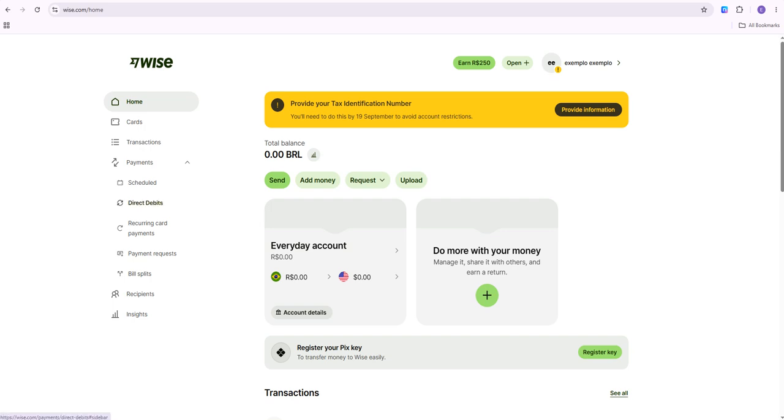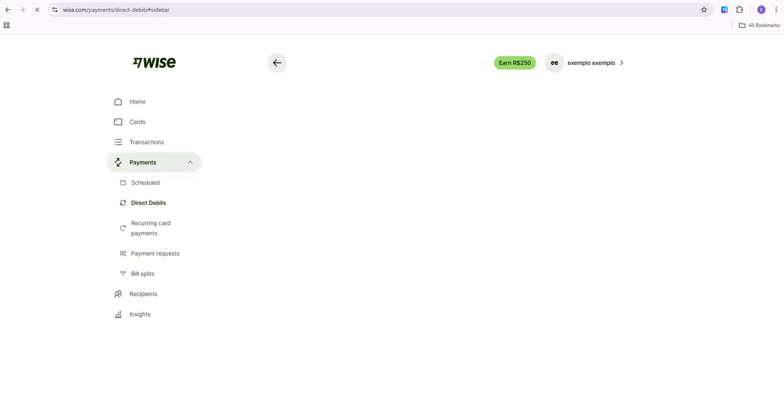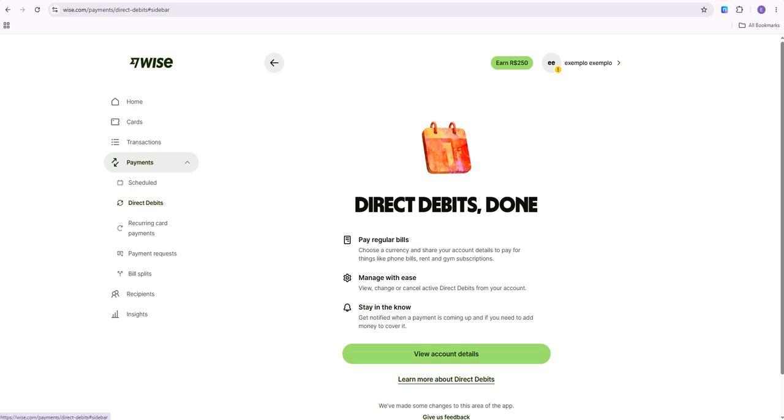the direct debit. Next, go to the account or balance you want to use for direct debits. If direct debits are available for that currency and region, you'll be able to view your account details and use them for eligible payments. Now, provide your Wise account details to the company or service you want to pay by